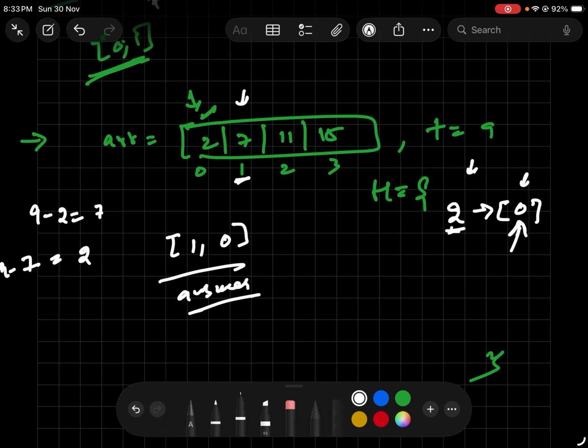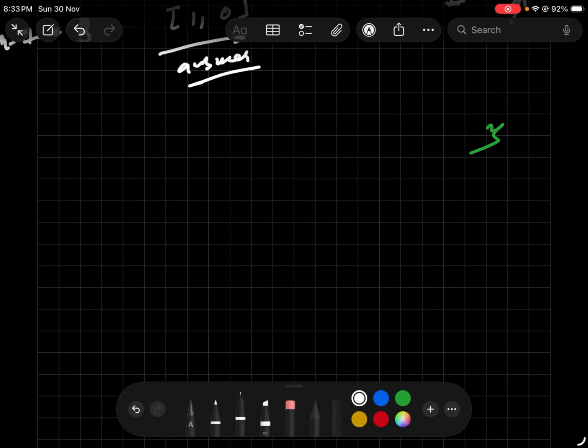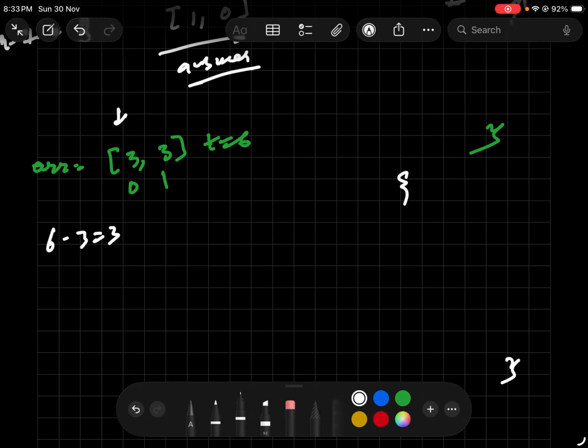Great. Now let's take another example of values where we have that duplicate thing. Let's take the 3 and 3 case, and again the target is 6. Let's take this example, and then we will try to solve another thing. Dry running code is helpful to understand the concepts. So here we have 3 and the target is 6. So 6 minus 3 is 3. 3 is not present in the hash map, so we will put 3, and the index of this element is 0 right now. Now we go for the next element, which is again 3, and 6 minus 3 is 3,